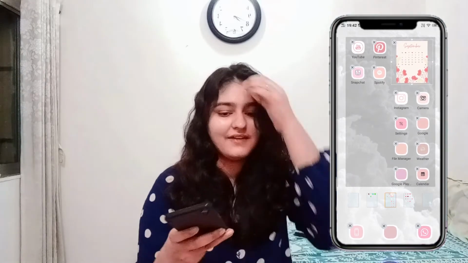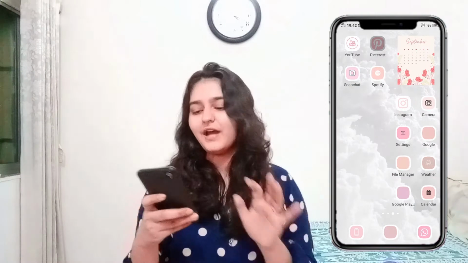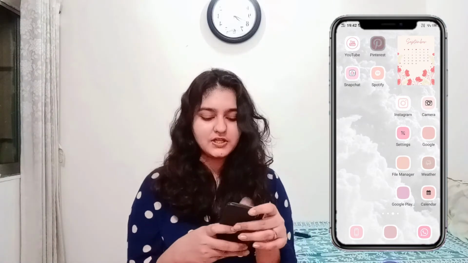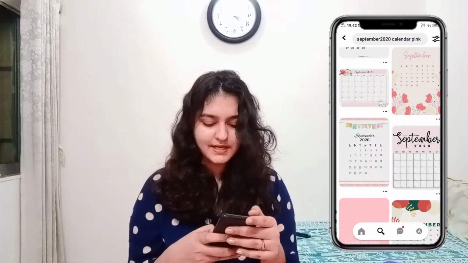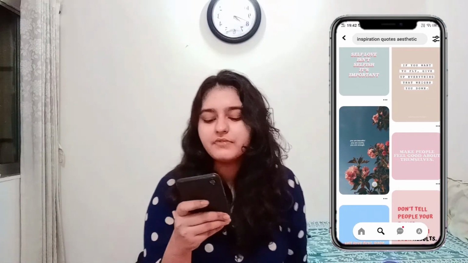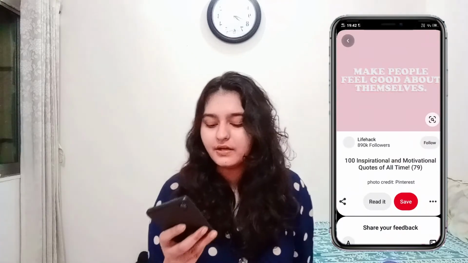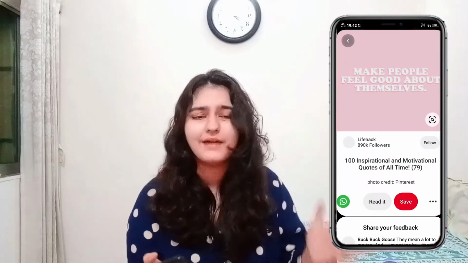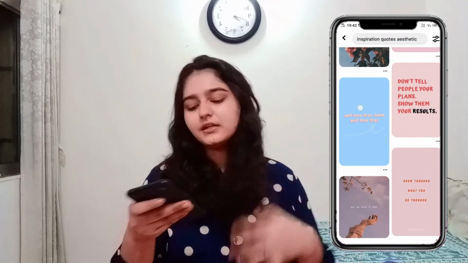On the side I've again left a space to add something, and I'm gonna try and add 2 inspiration square quotes over there. I'm just gonna type inspiration quotes. It's not really tough, it's just a little time consuming, but I think if you do it one time with all your heart and dedication, you won't have to keep changing it, and it'll be really good.